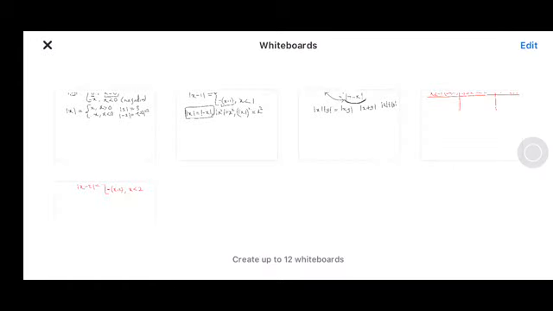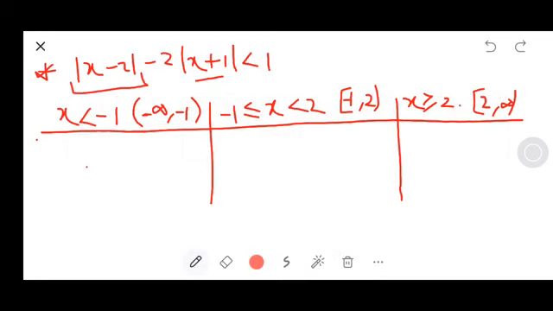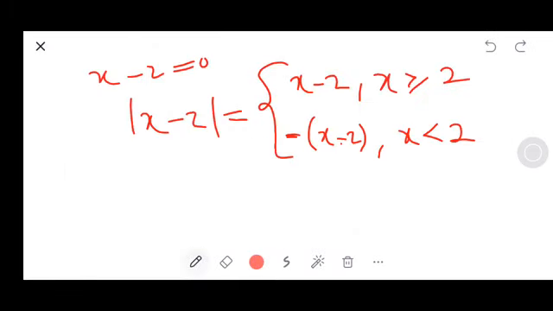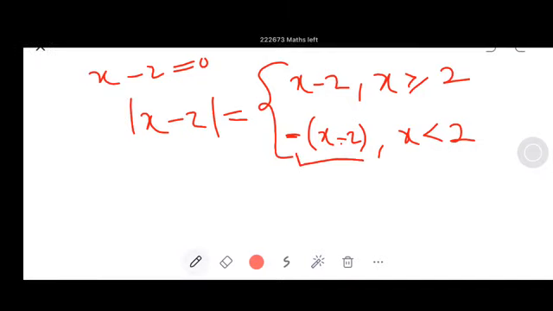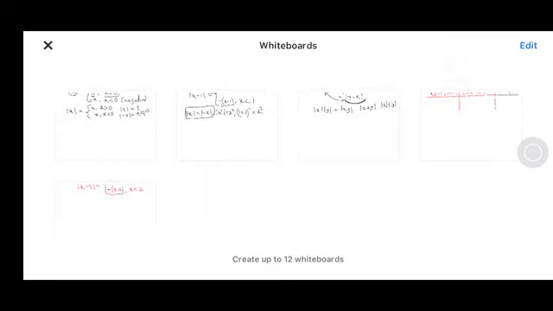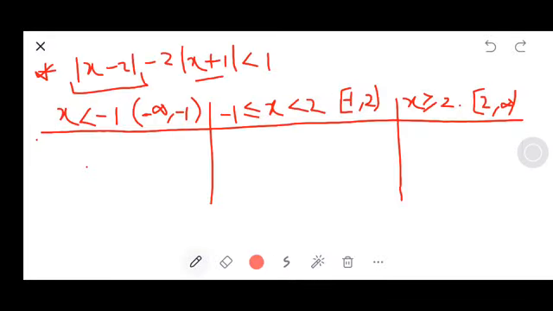The same way, we know that absolute value of x minus 2, for any x that is less than 2, is going to be negative. It is only going to be positive when x is greater than or exactly equal to 2. So in that region where x is less than minus 1, x minus 2 will be negative. So that's why I'm going to write